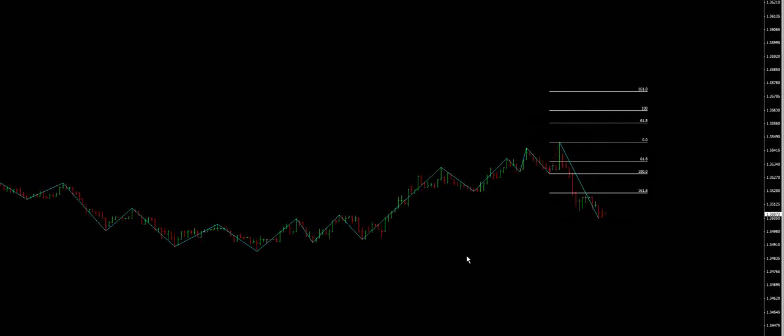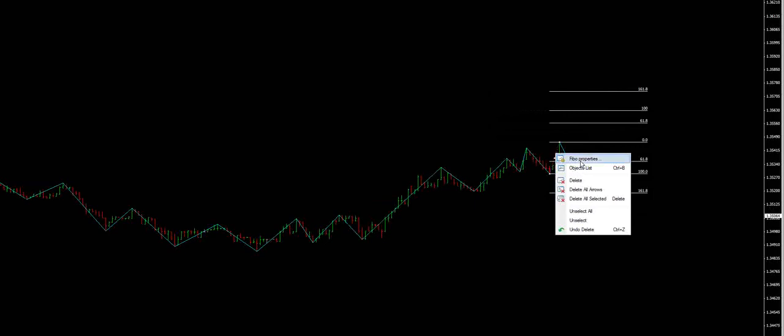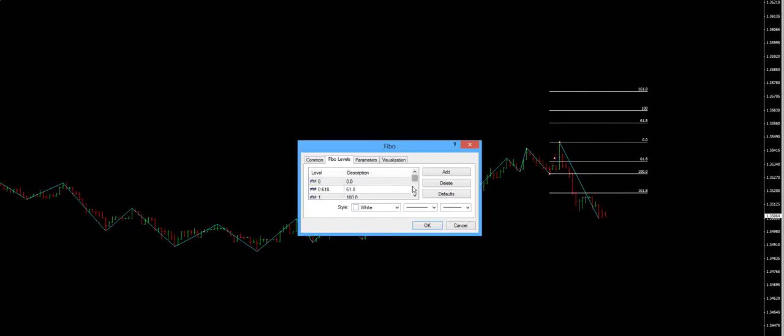Pretty easy, simple. I'm going to go ahead and add a part 3 on here in a little bit, but I just wanted to clear up how you can edit the Fibonacci lines. So again, you double click it, you get your little dots, you know you got it selected. Go into Fibo Properties. The levels that you want to have, just for the purpose of this, when I'm teaching it, you're going to want 0 to 0.618, which is 61.8, 1, which is 100,